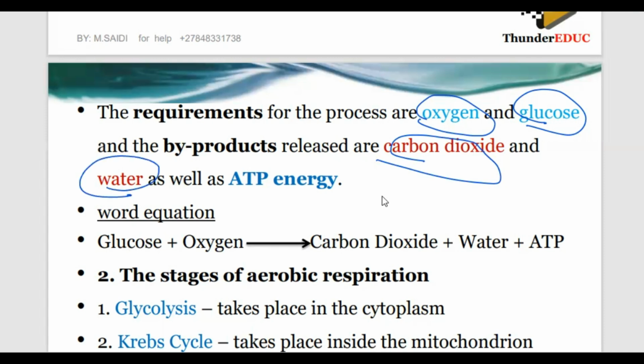But here you use glucose and oxygen, the products of photosynthesis, and then you produce carbon dioxide and water,